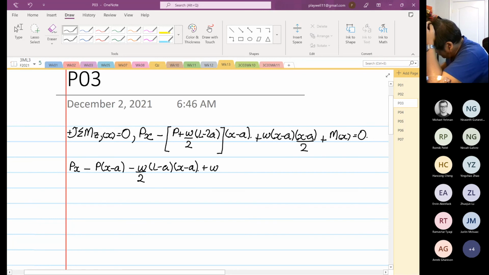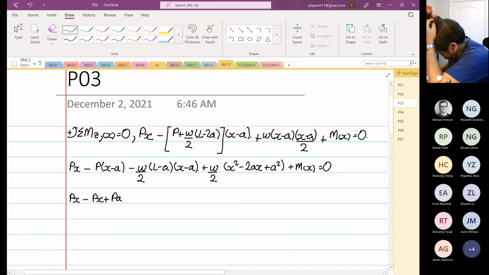So plus omega over 2 x squared minus 2ax plus a squared. So the whole thing plus M as a function of x. So Px minus Px plus Pa, minus omega over 2 Lx minus La minus Ax, plus